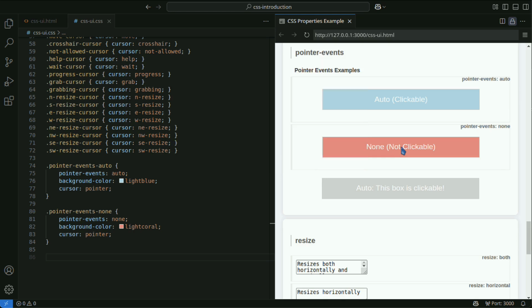Here are some examples of how to use the pointer events property. Selecting elements you want to disable. The none value is useful for temporarily disabling elements like buttons or links. Usage with overlaid elements. When the position property is set to absolute, or elements are layered using the z-index property, setting pointer events to none on the top element allows pointer events to be sent to the element below.